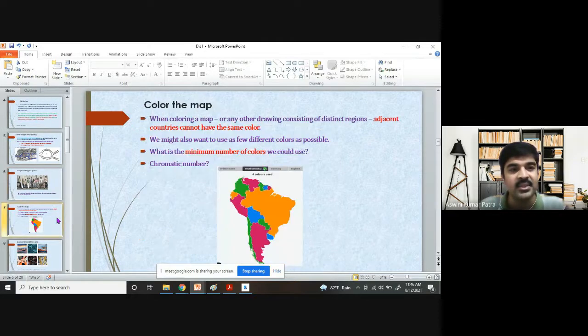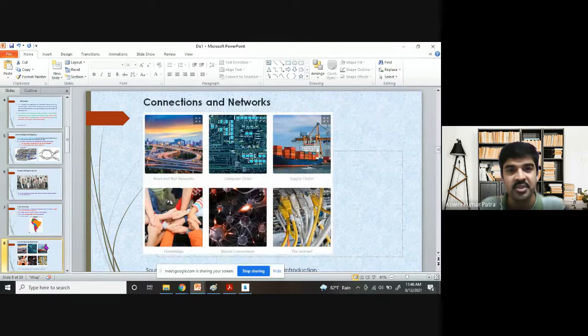Okay. Similarly, we tried to understand that graph coloring could be a problem which could be described using discrete structures. And we also discussed various real life situations which could be modeled using discrete modeling. Okay. Like road and rail network. In this case, you can solve the traffic issues. And we know that because of traffic issues, there are so many accidents happening. So if you minimize the number of accidents, then your traffic design is good. And that could be achieved by using discrete mathematical modeling, by using the very typical model called graphs.